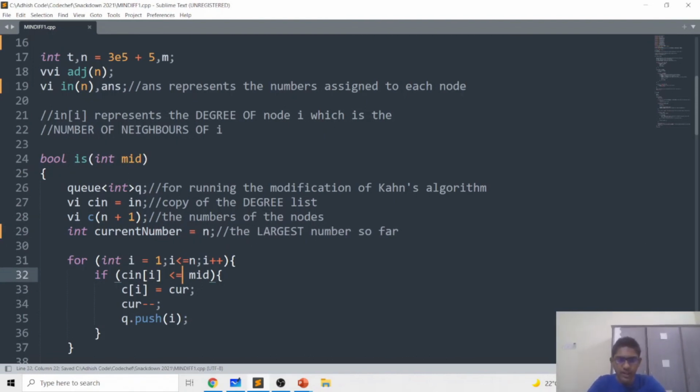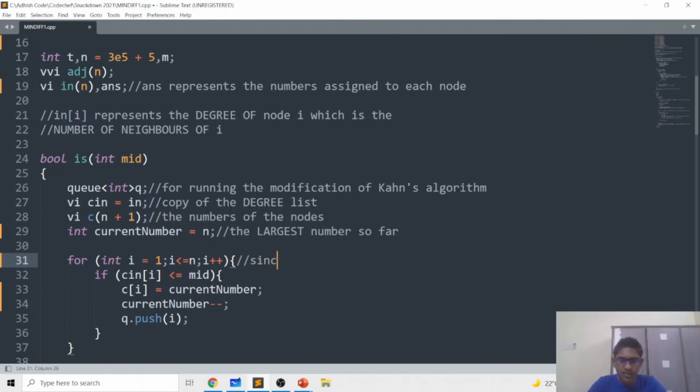So for each i going from 1 to n, if the degree of node i is less than or equal to mid, I set color of i to be the current largest number so far, I decrease the current number by 1, and I push i to the queue.